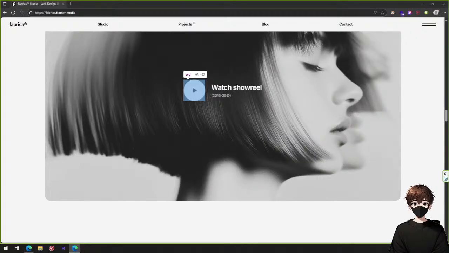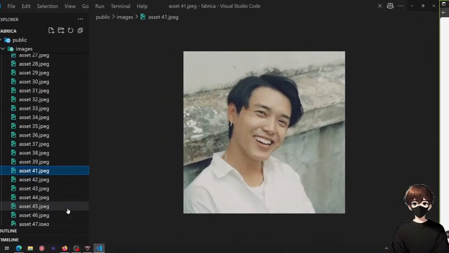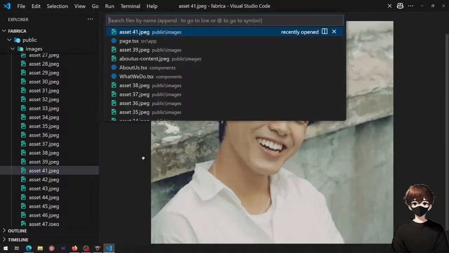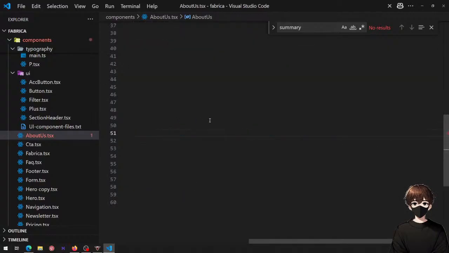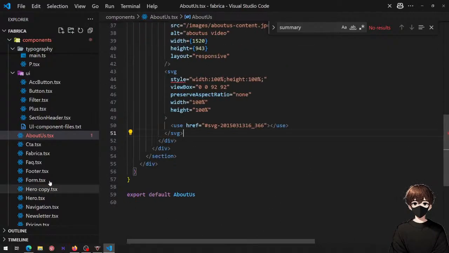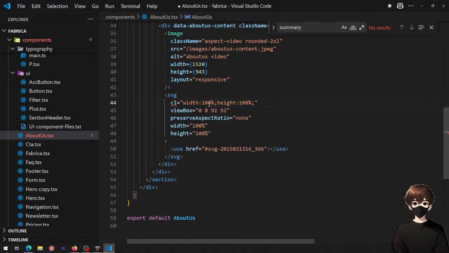Let's try to copy that. Copy element. And I just want to see what happens when I do that. Let's go to about us. And we're just gonna copy it below the image. And let's see what this is all about. So we have an issue immediately, which just says style. The string comment expected property style, which is declared. We can say, yeah, we can say style is,